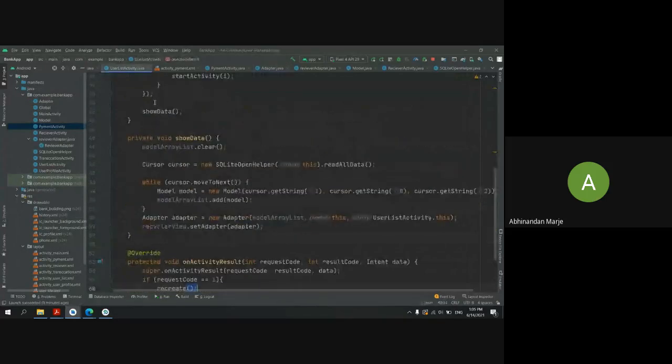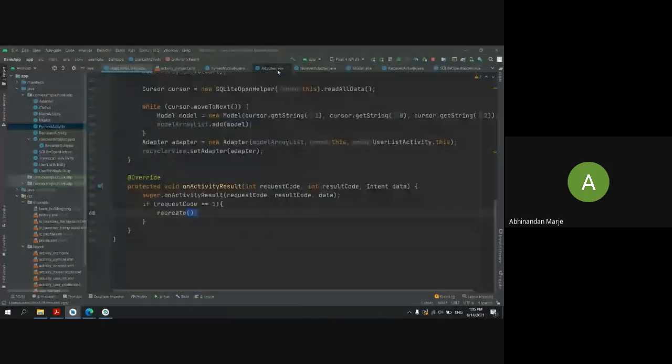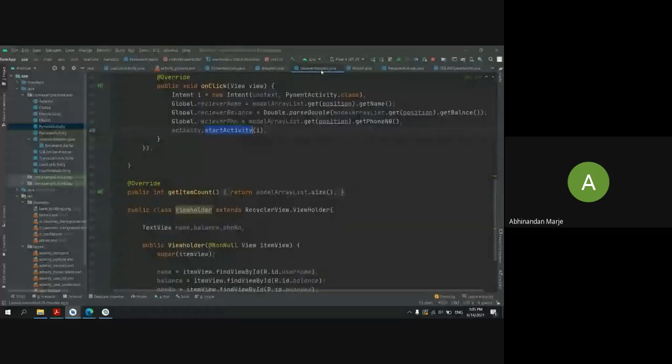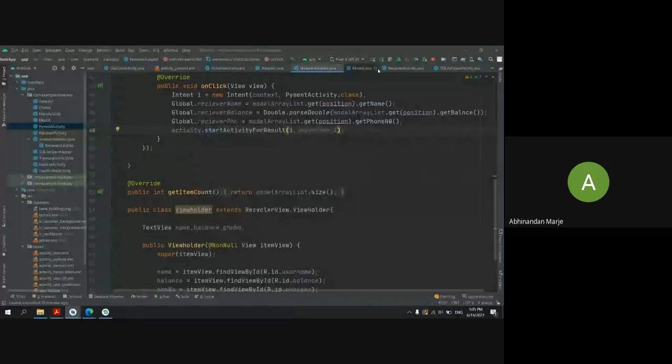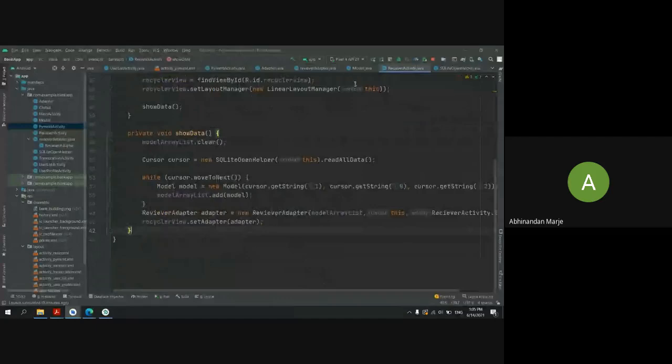So same thing we will do in our receiver adapter. I will start it for result, and in our receiver activity also add the method onActivityResult.